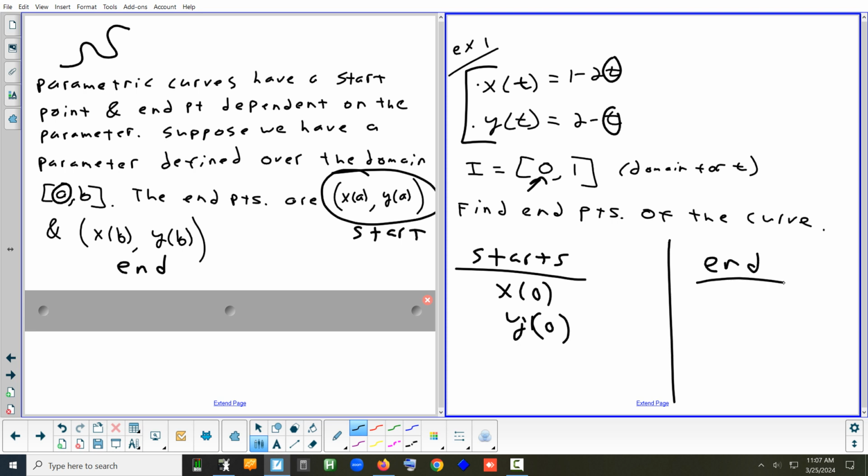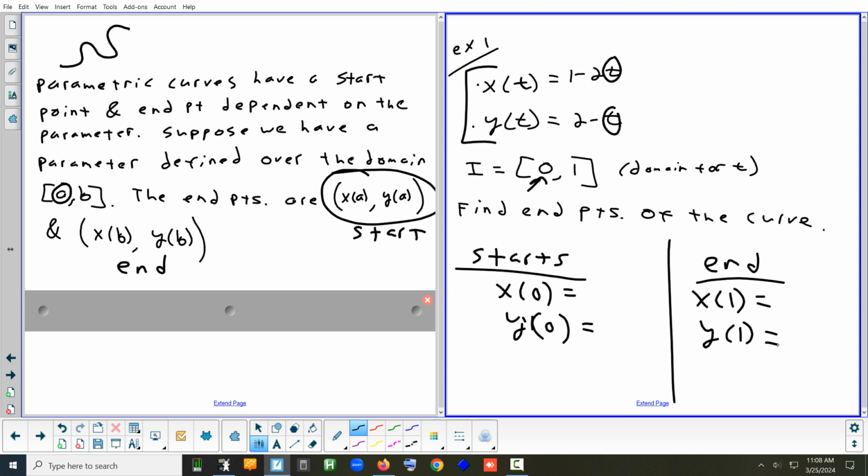Now let's figure out where it's going to end. What's my T-max? What's the highest value they're telling me I can use for T? The 1. So you're going to plug in 1 for x